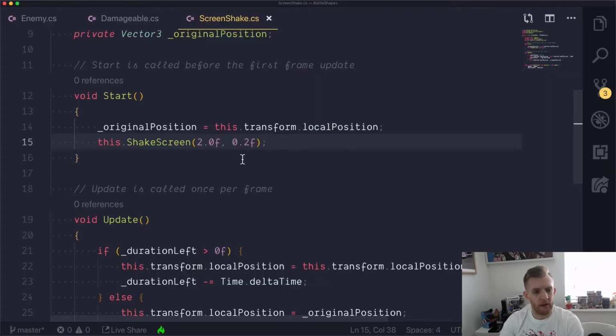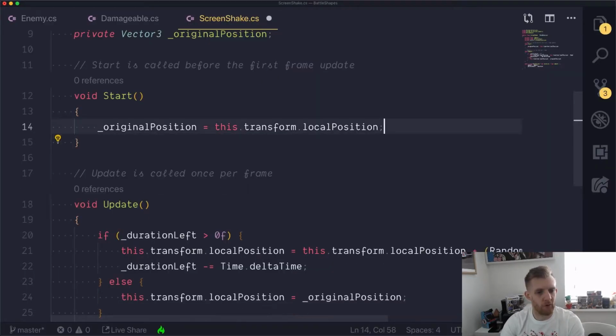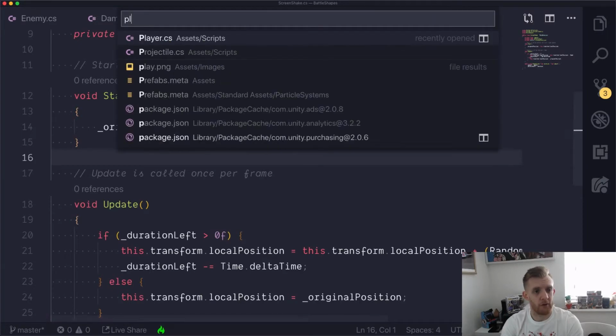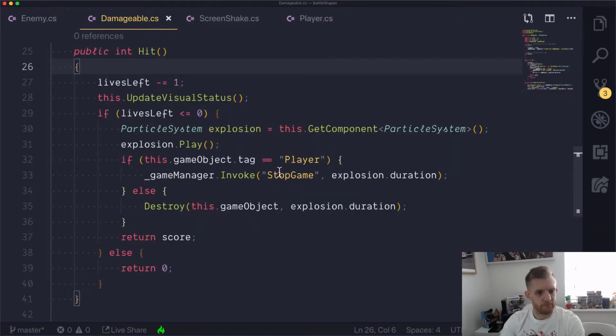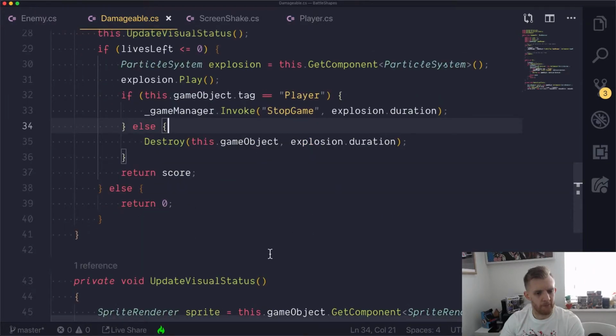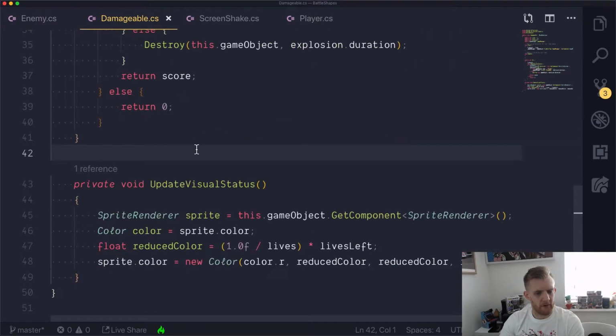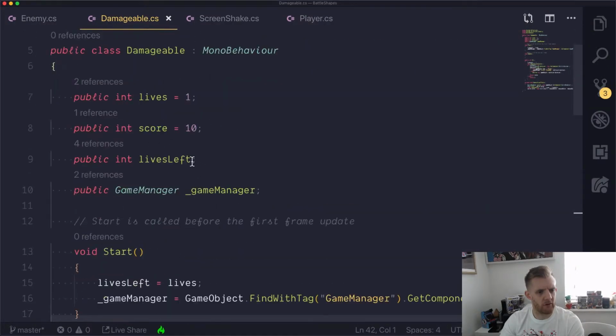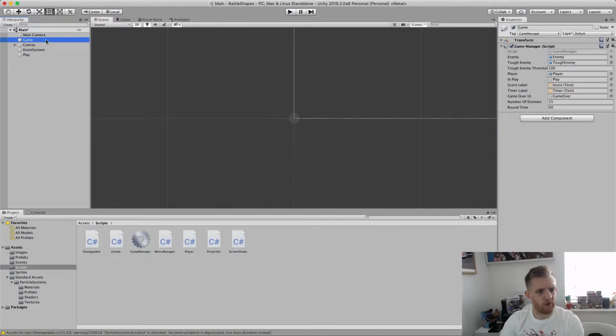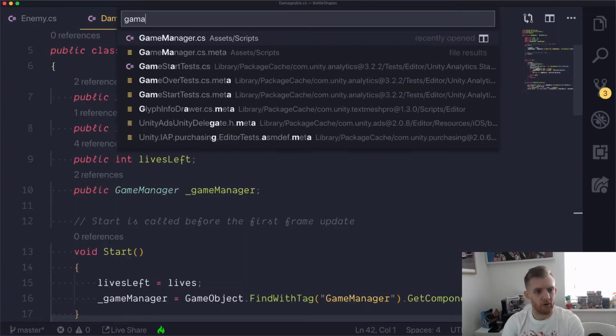So now we want to take that out, and we want to expose that so we can do it for different things. So perhaps when the player fires, or maybe probably on the collisions would be a better idea. So if we go to maybe damageable, let's see how we want to set this up. So maybe a better option. So damageable, I think, has a reference to our game manager. It does indeed. So perhaps if we add to our game manager,